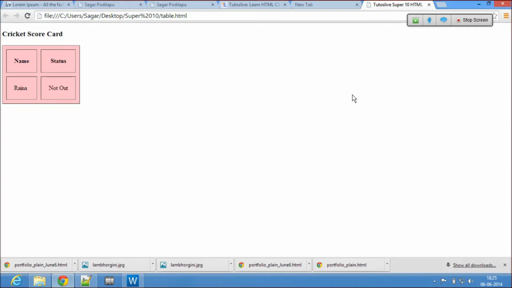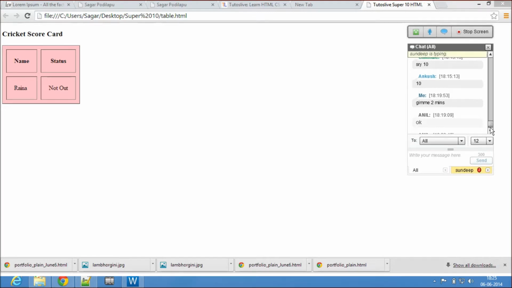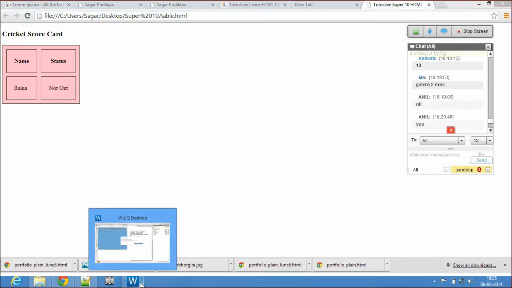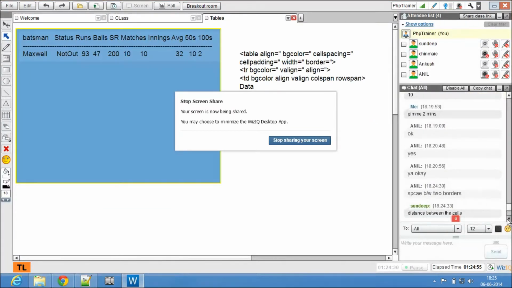Okay, so now you guys tell me what is cellspacing and what is cellpadding. Cellspacing, and I hope you guys understood. Right, cellspacing is nothing but the spacing or the gap between two borders. Cellpadding is nothing but the space or the distance from the border of the cell to the data. Okay, you understood, right?